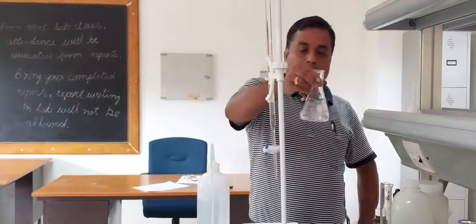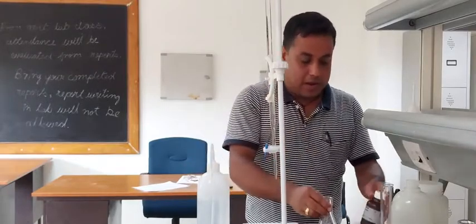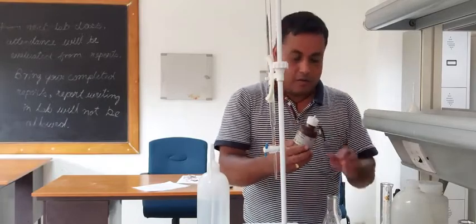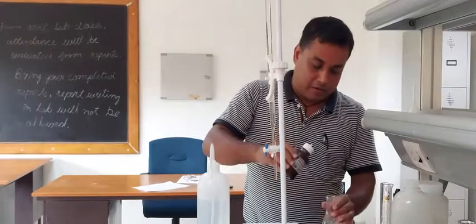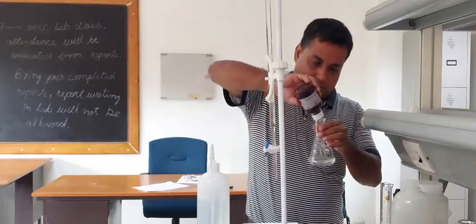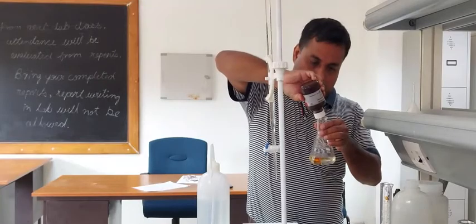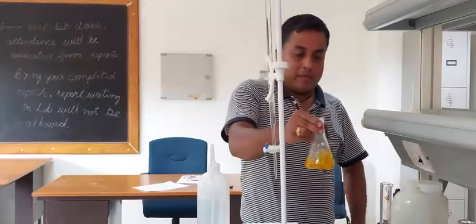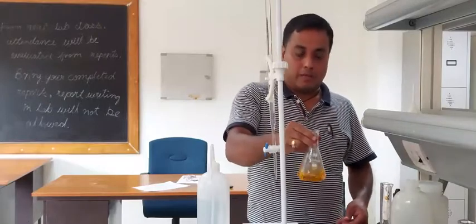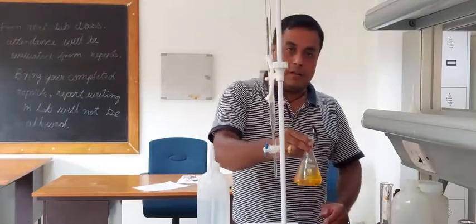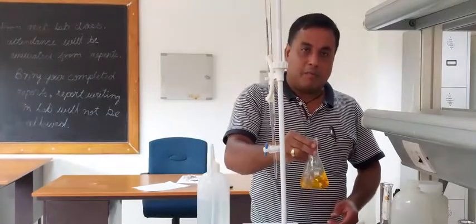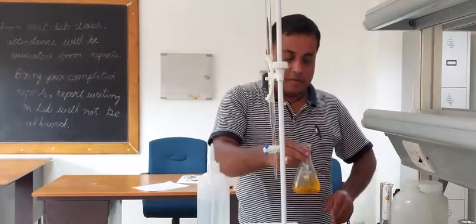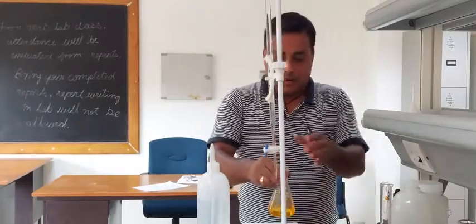Now it is colorless. After that, I will add here methyl orange indicator. Methyl orange is orange in color. I will put here a few drops of methyl orange indicator. So it is looking orange now. I will now titrate with sulfuric acid so that the color becomes red. Or you can also check the pH; the pH will become 4.5. That is the end point of the titration. So this is for carbonate and bicarbonate alkalinity.